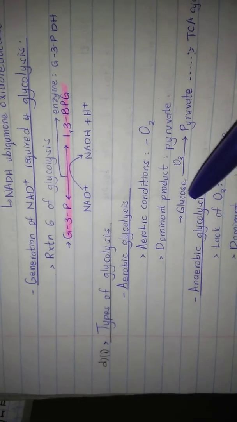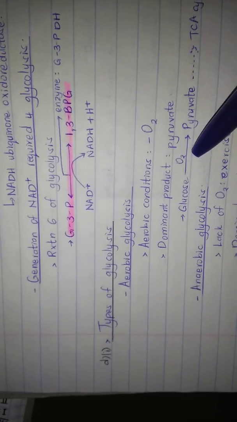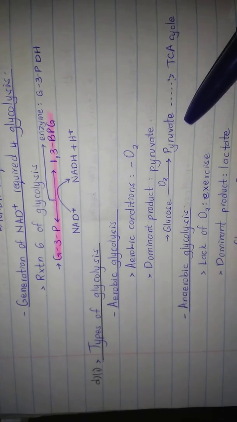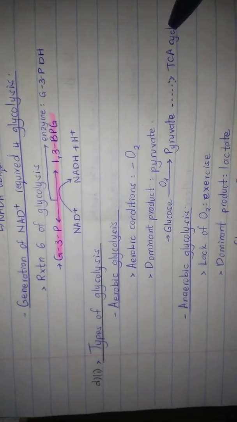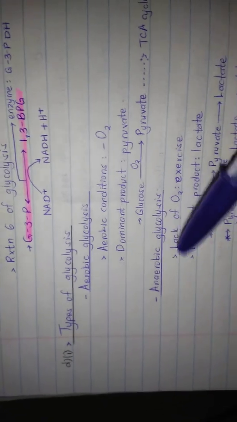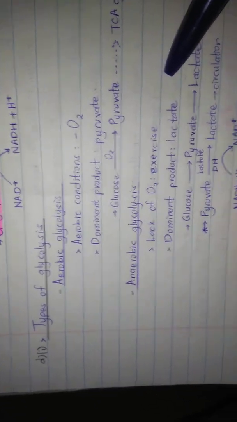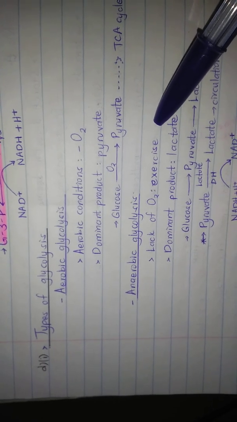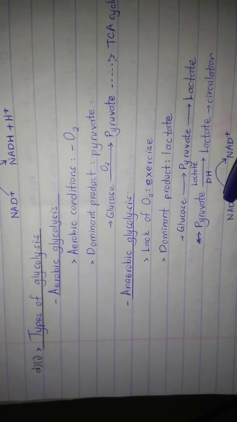So here glucose in the presence of oxygen is converted to pyruvate, and later this pyruvate is going to go to the TCA cycle. And then for anaerobic glycolysis, we have lack of oxygen, for example in strenuous exercise,